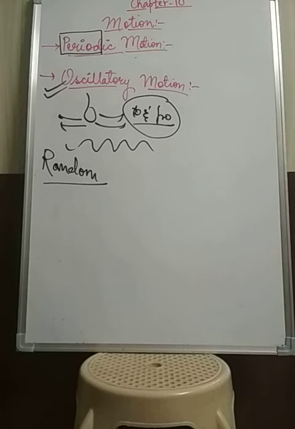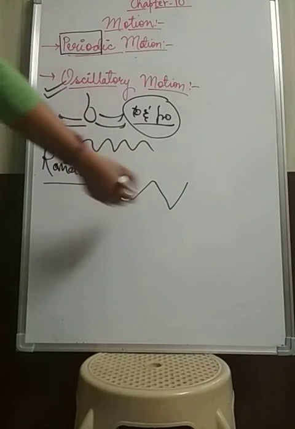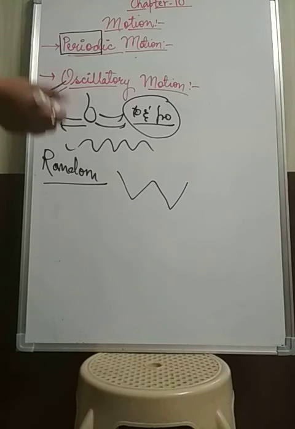Or you can take the example of the movement of a bird in flight. When the bird flies, it can move in any direction, so that is known as random motion. Or the motion of a hockey player running after a ball, who can move here, to here, to here, in any direction, so it is considered random motion. Your handwriting, a child playing in a playground, all these motions do not follow any uniform pattern and hence are examples of random motion.